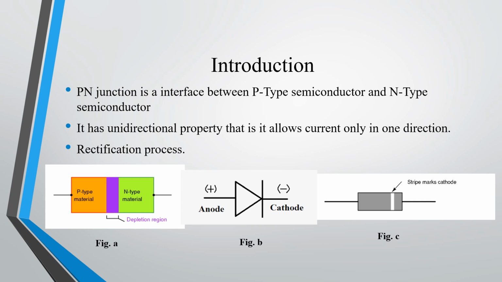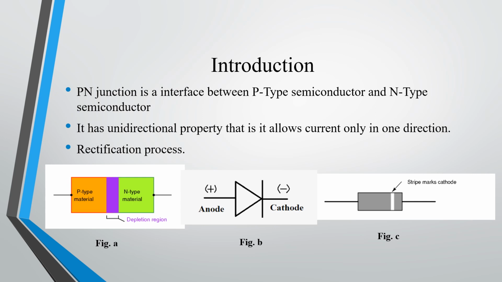So in the last session we were discussing what a p-type semiconductor is and what an n-type semiconductor is. We already know that a p-type semiconductor will have a majority of holes, whereas an n-type semiconductor will have a majority of free electrons. As we know, a pure silicon or germanium crystal will not have enough free electrons or holes to produce a usable current, because they are the purest form of semiconductor, which is called an intrinsic semiconductor.